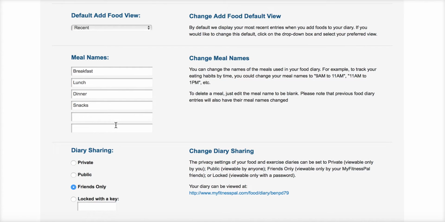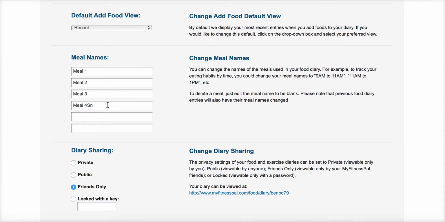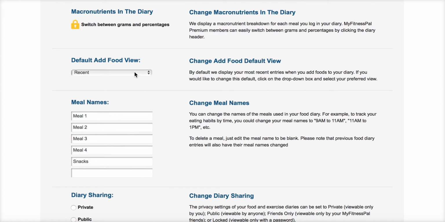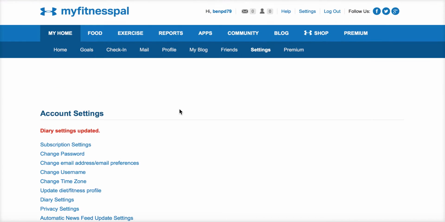Your meal names, breakfast, lunch, dinner, snacks, that's fine. What I would suggest is going meal 1, meal 2, meal 3, meal 4, and then snacks as your 5th meal. Default add food view, we'll go recent. None of this other stuff you really have to worry about. So save changes. Okay, so the first thing you're going to do with MyFitnessPal is you are going